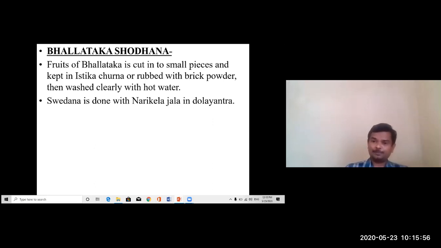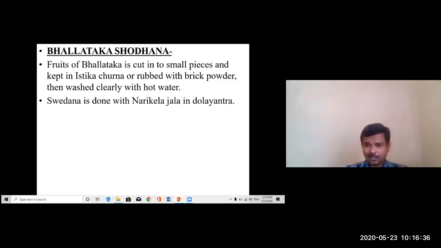While doing the shodhana, you have to take precautions. The person who is going to do the shodhana has to apply coconut oil to the limbs, and the whole body should be covered. Even the face should be covered, because sometimes it may produce a reaction without touch. Just if you pass near that plant, it may produce swelling. So he has to apply coconut oil to his limbs and can wear gloves.